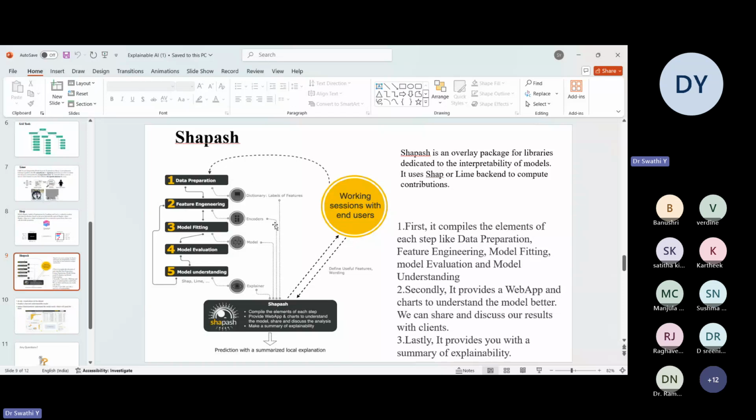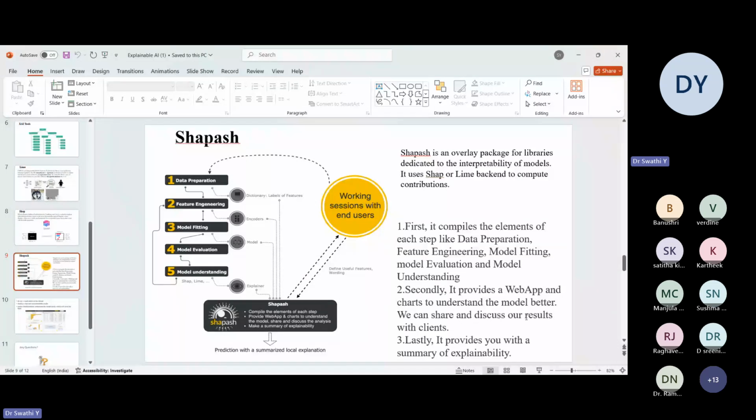No need to write separate code for that. It will automatically convert to the web app, and in that web app we can see the dashboard, which shows all the predictions in one shot. It will provide you a web app and charts to understand the model better. We can share and discuss our results with clients.